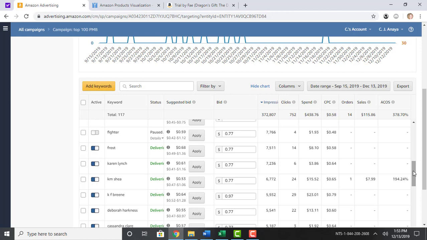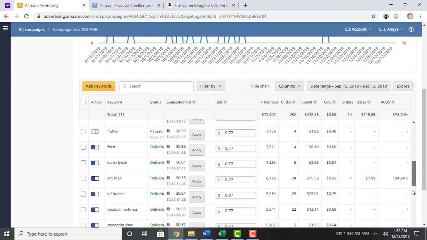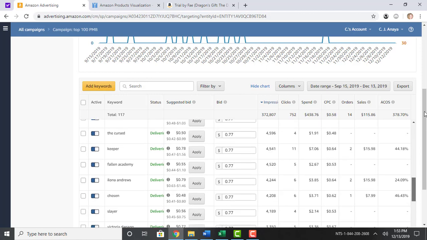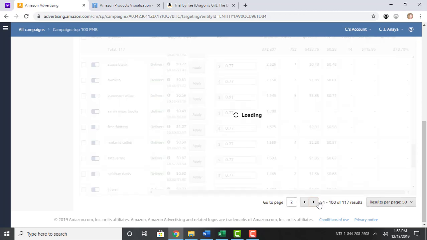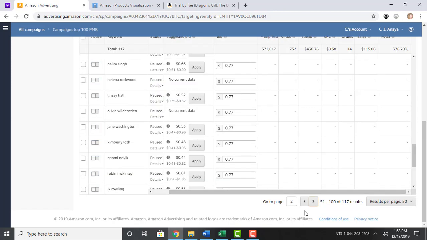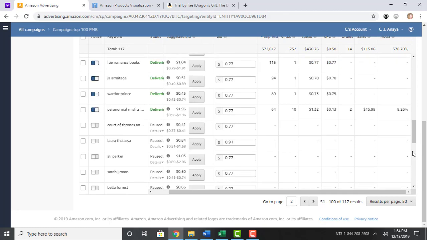And then if you get something that isn't even, I'm going to scroll down here. Actually, this is my top 100 keywords. These are all search terms that had actually gotten me sales before, and I just threw them all together to see what would stick. I actually turned all of these off because they weren't working for me. So if you are getting search terms that aren't getting you enough impressions or enough clicks, not getting you anything,